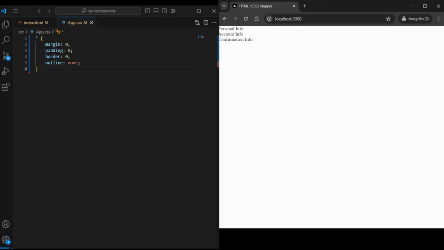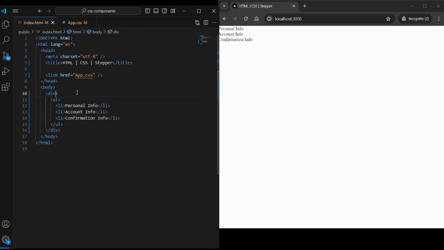Let's align the items into the center of the window. For that, let's create a class name for the div element, class container. Presently, the li elements are displaying here, right, top left corner. So we'll move those elements to the center of the window. For that, we are going to use a class name container. Let's write the CSS for the container,